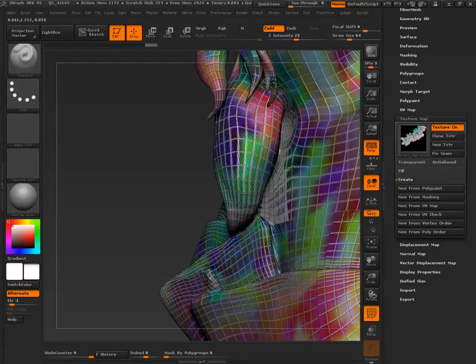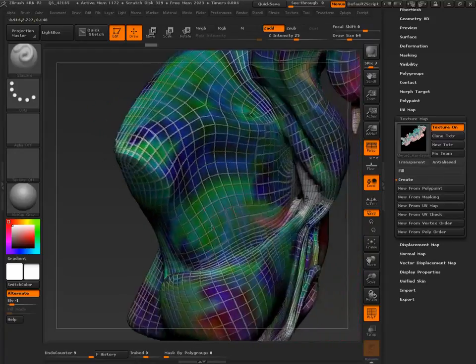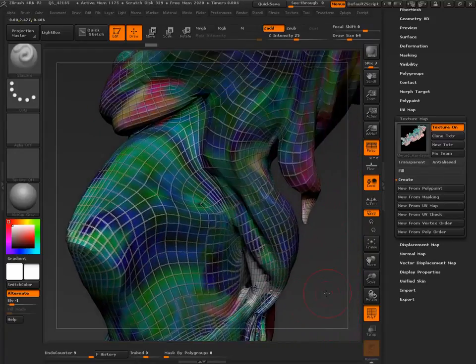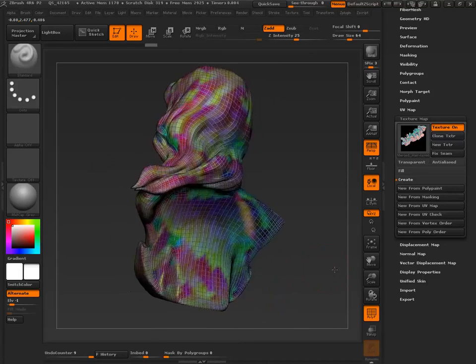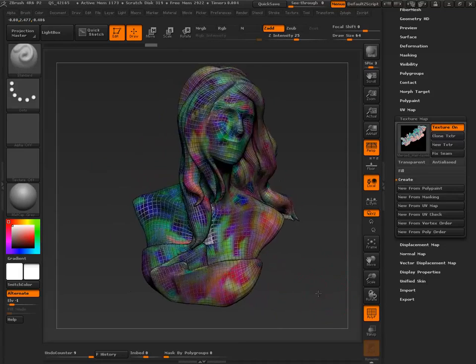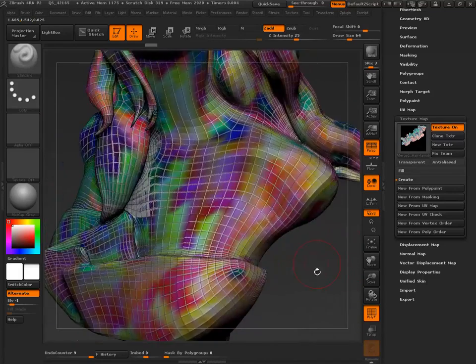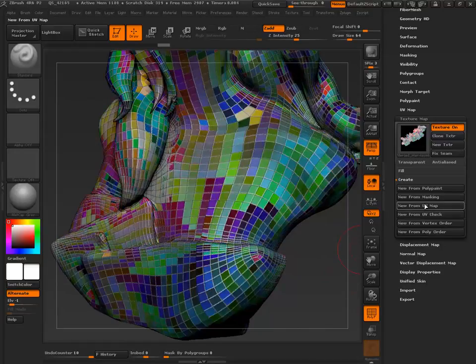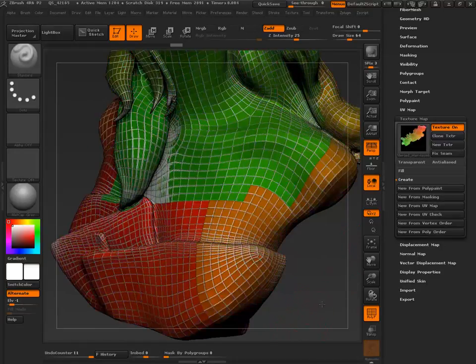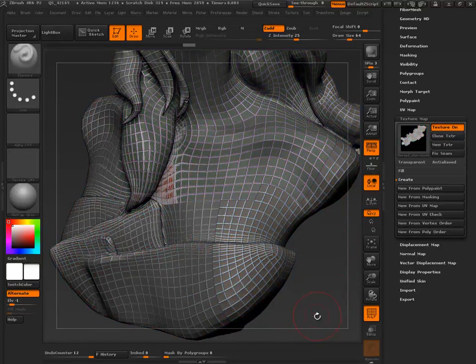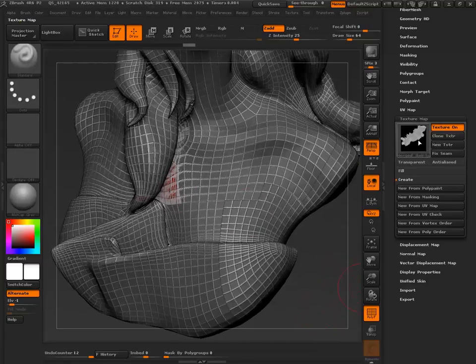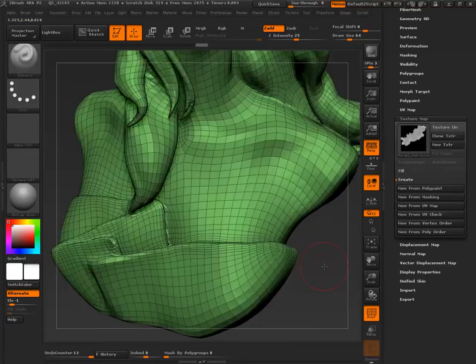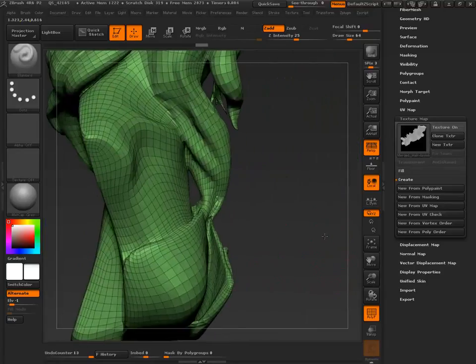And you see where the white is. You can see it's getting itself all jacked up right in that area. But this is harder to see if you've got a skin texture, something like that. So what you really want to do is make sure that you're going new from UV check. Crystal clear. If it's red, that means it's overlapping, and that's bad. So that means that we need to start breaking this up into polygroups, right?